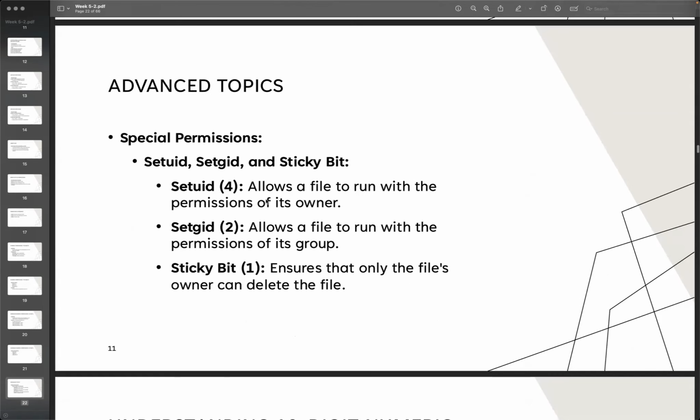When we set the UID, that means we only allow the file to run within the permission of its owner. And this one allows the file to run within the permissions of its group. So if we set the group ID with a 2 in the front, this file is allowed to run with permissions under this group. So for the sticky bit, 1, it ensures that the file can be deleted by the owner